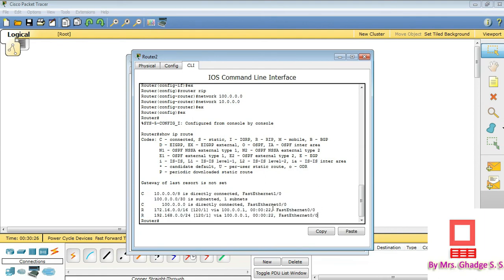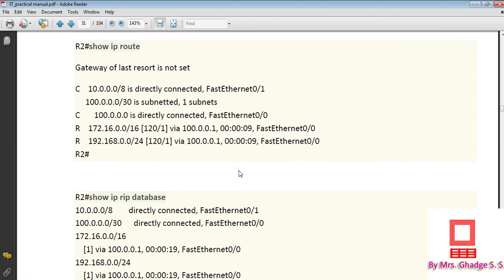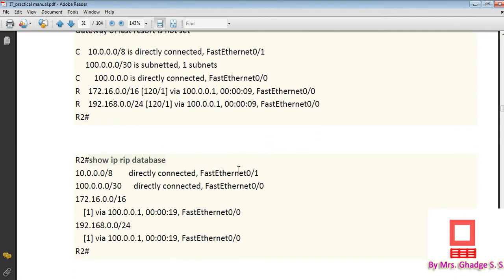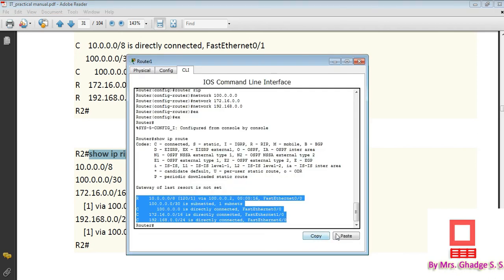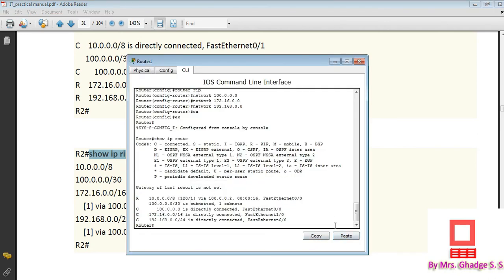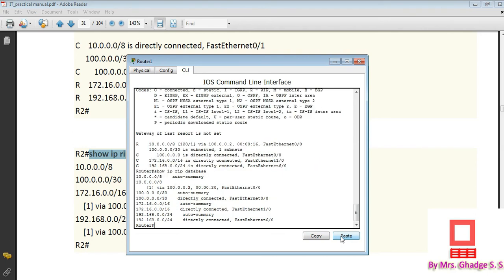Let us see the connectivity. There is one more command that we can see, that is show IP RIP database. With it we can see the RIP database, or the table of the RIP protocol. We just write the command show IP RIP database.